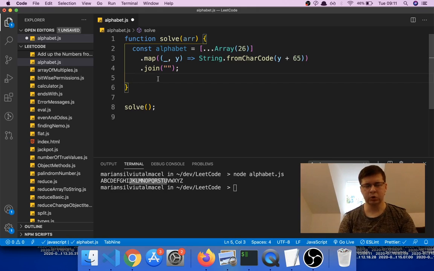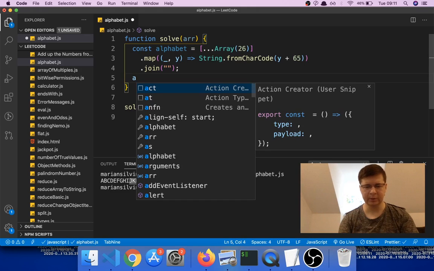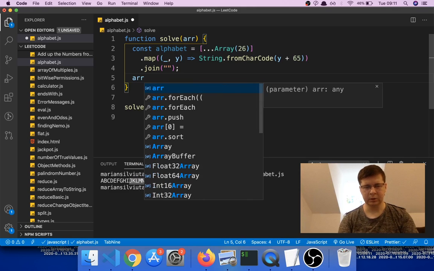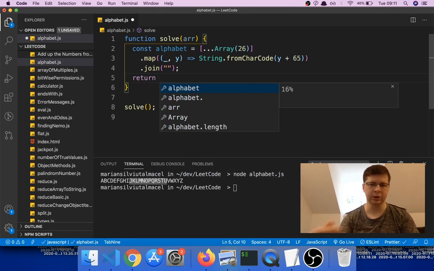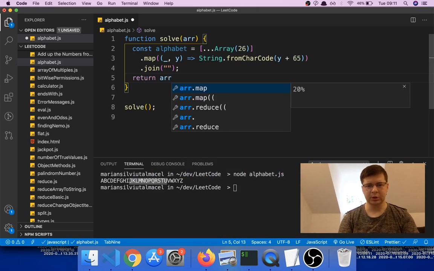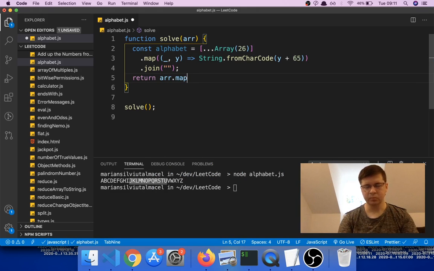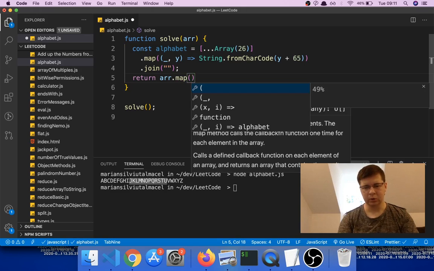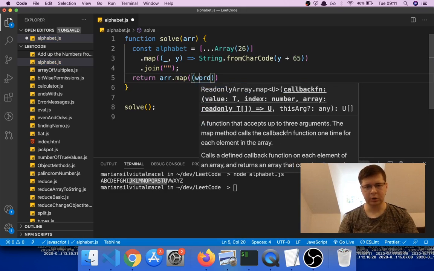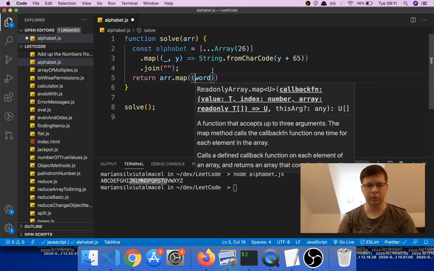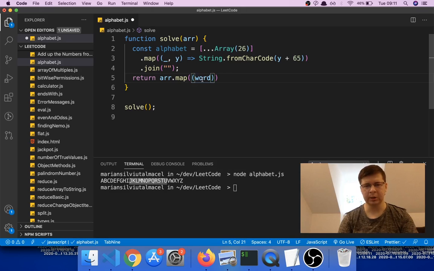So what we want to do is map to the array, so we're gonna say return r.map, and then we're going to get each word. Here you can give it any name, it's just the argument which represents the element where the loop is, because basically map is